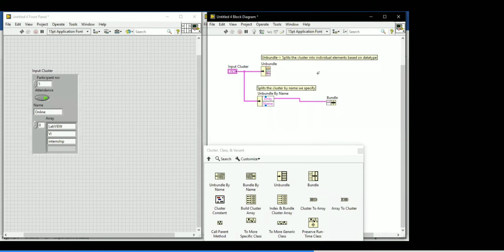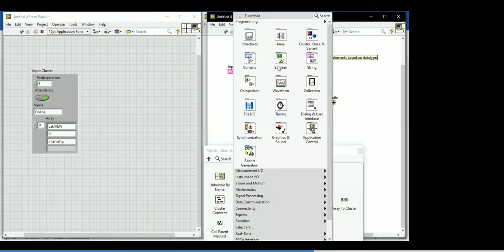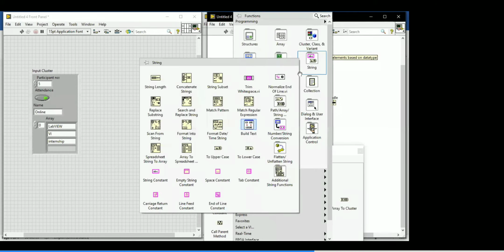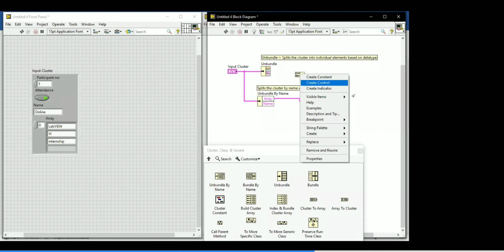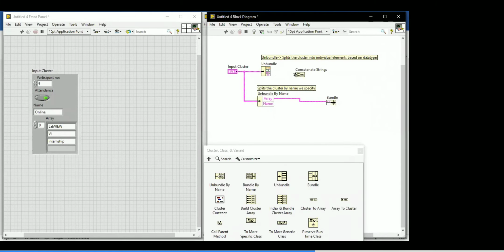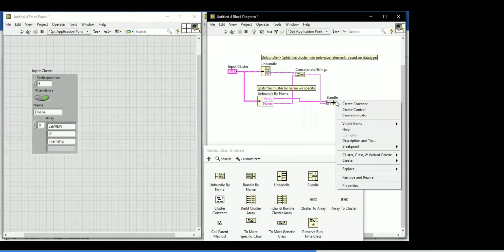Then I am going to the string function. I am taking a concatenate input, concatenating this input and this input. Now I am connecting here. Now tell me, if I create an output, definitely the output will be a cluster.